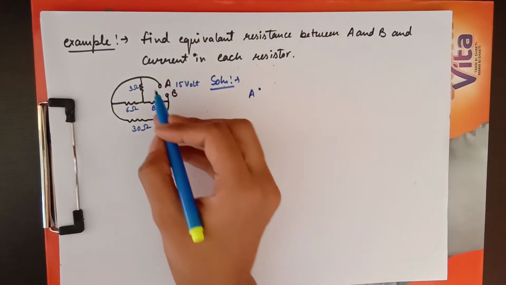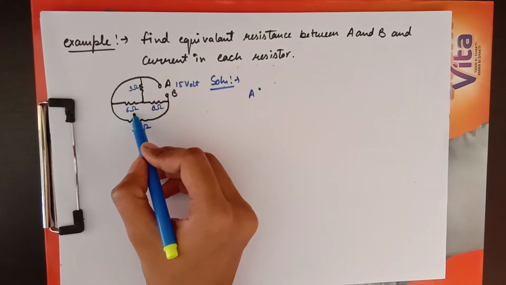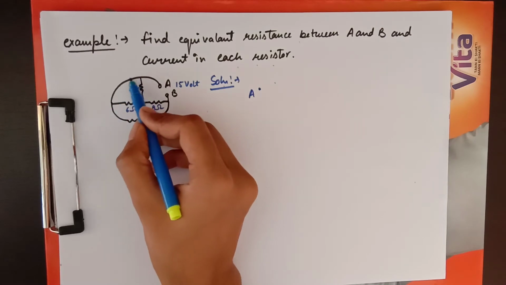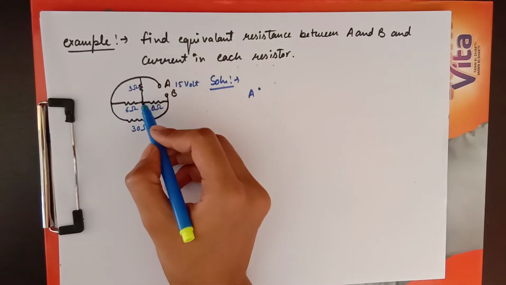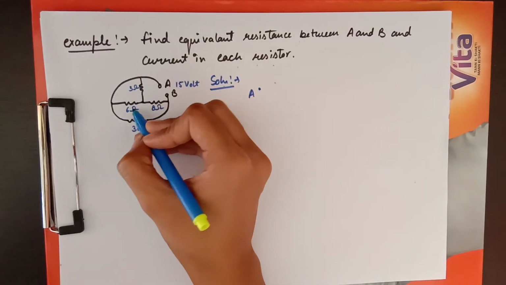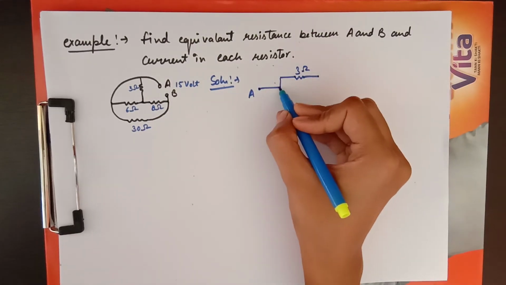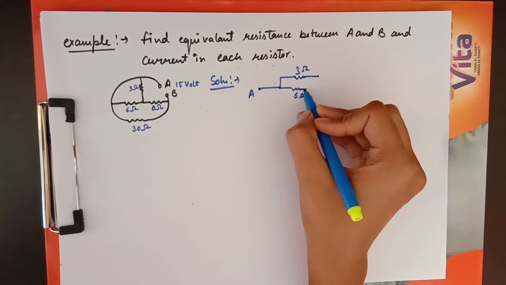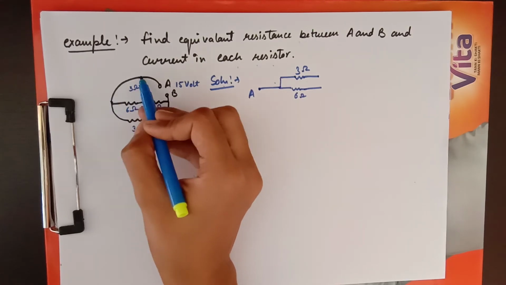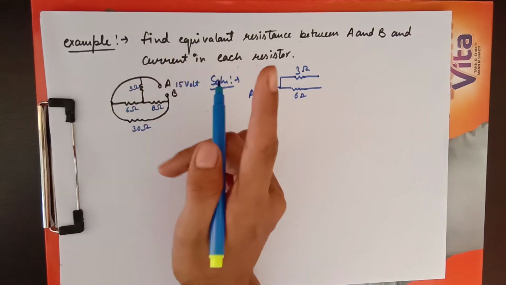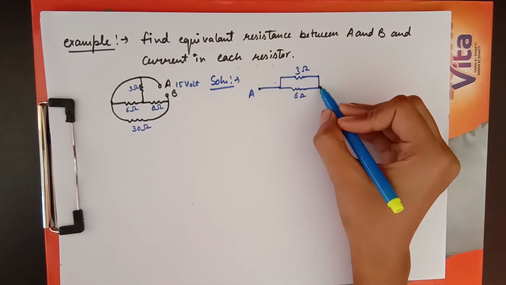Let's see, this is the point A. Now you see this point, these two resistors, 3 ohm and 6 ohm. You can see from this figure, this point is one point and this point is the other point. So you can say 3 and 6 are connected in parallel. So this is 3 ohm and this is 6 ohm. This is one point, and there is no resistor between these 2 points, so we can say this is 1 point only. So 3 and 6 are connected in parallel, and from 6 you can see there is one other